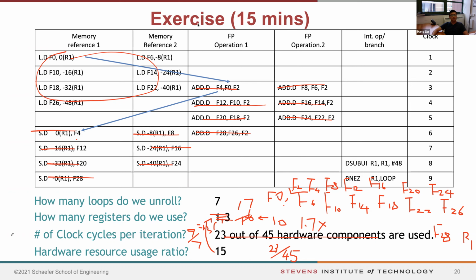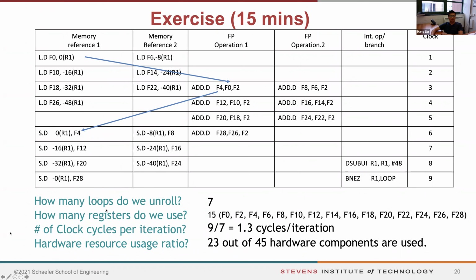Let's count this. Okay, I did a recalculation about the number of registers. We see here F0, F2, F4, 6, 8, 10, 12, 14, 16, 18, 20, 22, 24, 26,